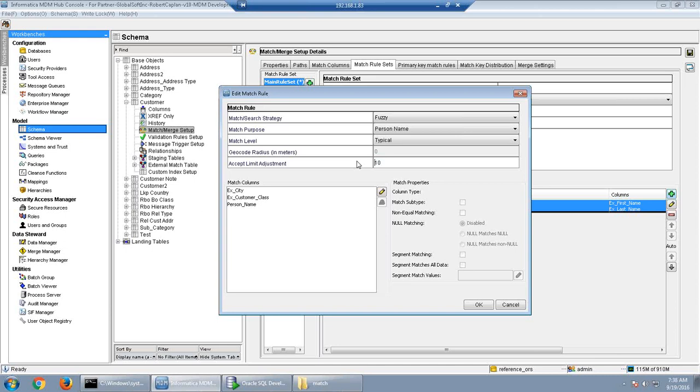So here we can say what is tight and what is loose based on these numbers. We can say that if 90% of the data is matching, then you can consider that a match. But if we give minus 10, it is like 110. We are saying go for those options, even if the data is not matching, consider them a match. So more variations will be taken while matching the data.